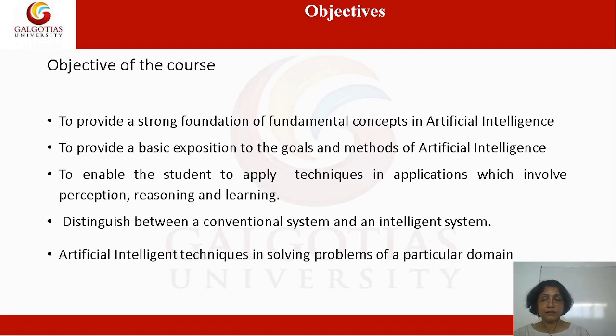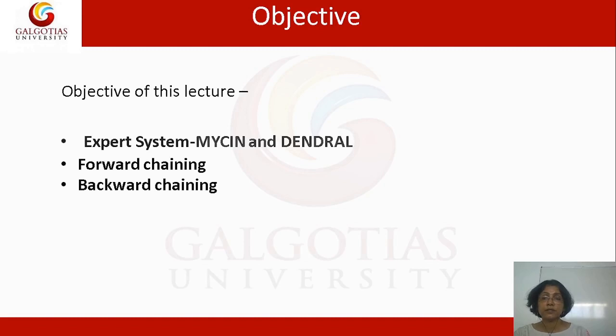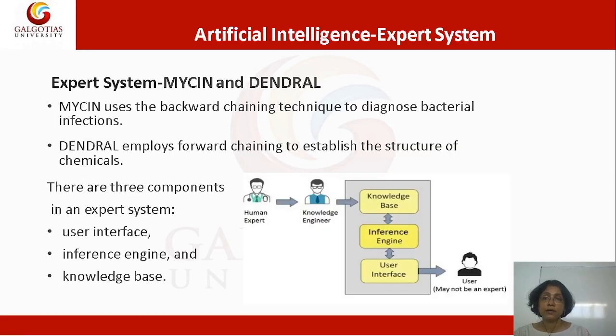distinguish between a conventional and the various artificial intelligence techniques in solving problems. In today's lecture, we'll be discussing two expert systems. One is MYCIN and the other is DENDRAL. While discussing these two expert systems, we'll also discuss forward chaining and backward chaining. Now, MYCIN is an expert system, and about expert systems we have studied in an earlier class. MYCIN uses the backward chaining technique to diagnose bacterial infections, whereas DENDRAL employs the forward chaining